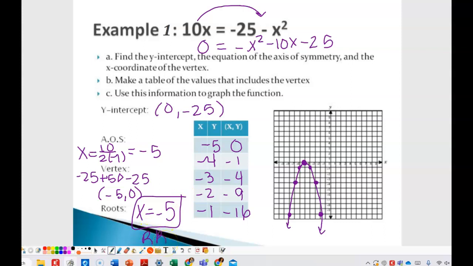So again, whenever the vertex is on the x-axis, we refer to that as a repeated root, because what's happening is x is equal to -5 twice. Like I said, we're going to go back to factoring next week. So if you were to actually have factored this,